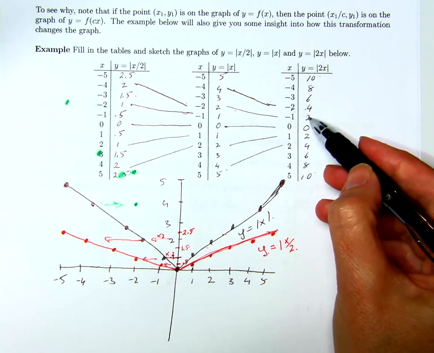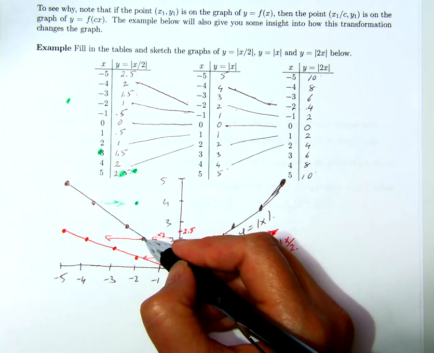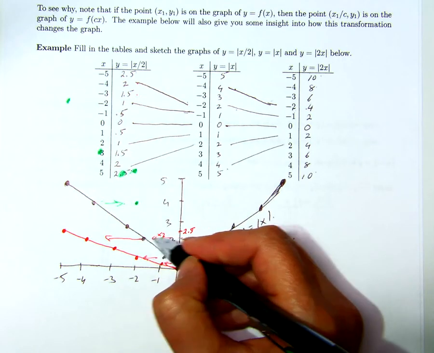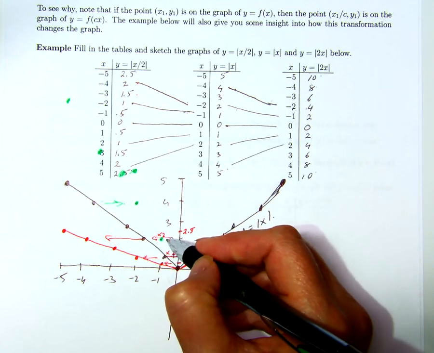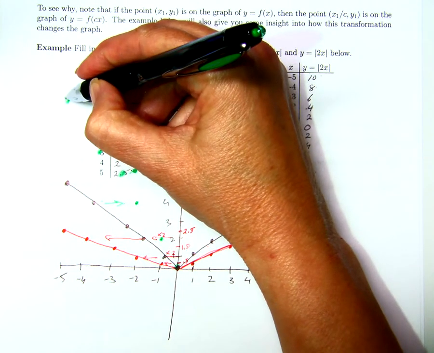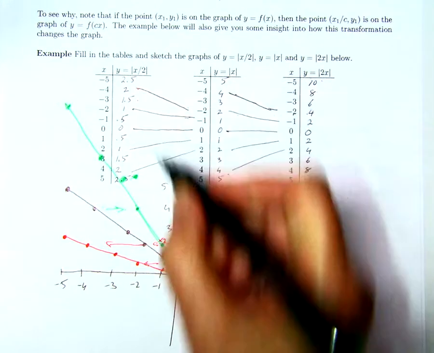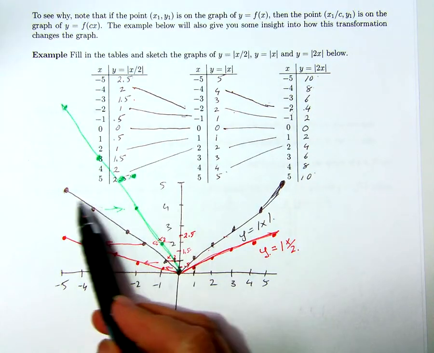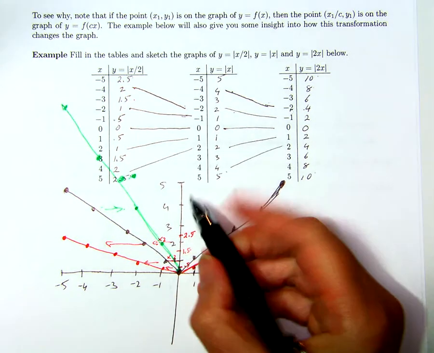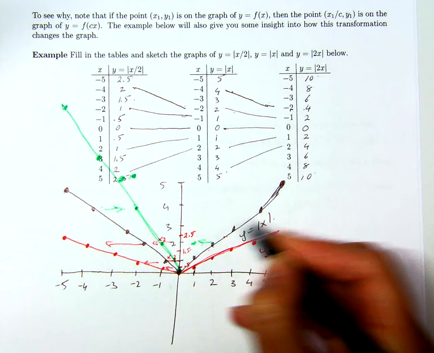And the point -1.2 is what we get when we take this point 2, 2 and cut the distance from the y-axis in half. Point 0, 0 stays where it is, so you end up with a straight line again, which looks like this, with basically its distance from the y-axis half the distance of the graph of y equals the absolute value of x. And the same thing on this side, we get the point 1, 2, which is basically that one,